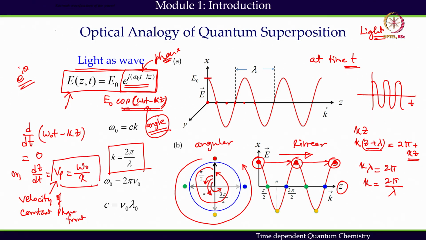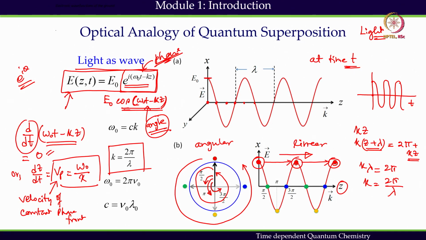So this is the way we define the velocity. This is an important concept we have developed, how we define the velocity of a plane wave or light. The velocity of a plane wave is related to the phase. So I've been telling you that phase is an important concept. Phase has information of the velocity. How do you get that velocity information? It is the constant phase front velocity. That's why the phase is taken to be constant, and with respect to time, the derivative of a constant is always 0, and that's the way we find the phase velocity.